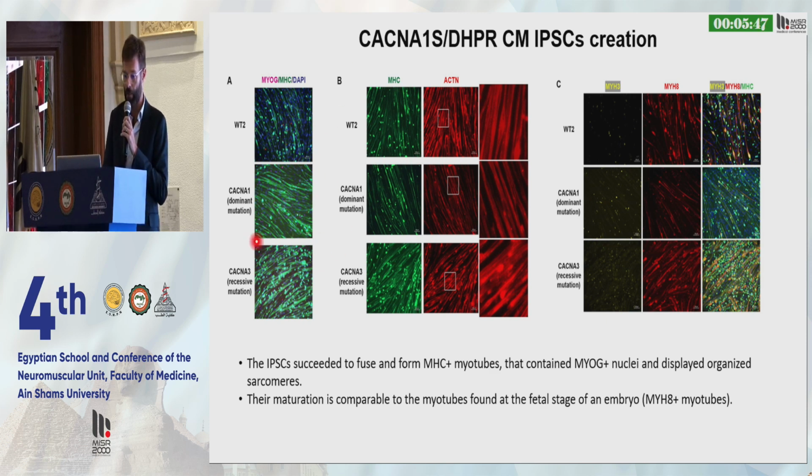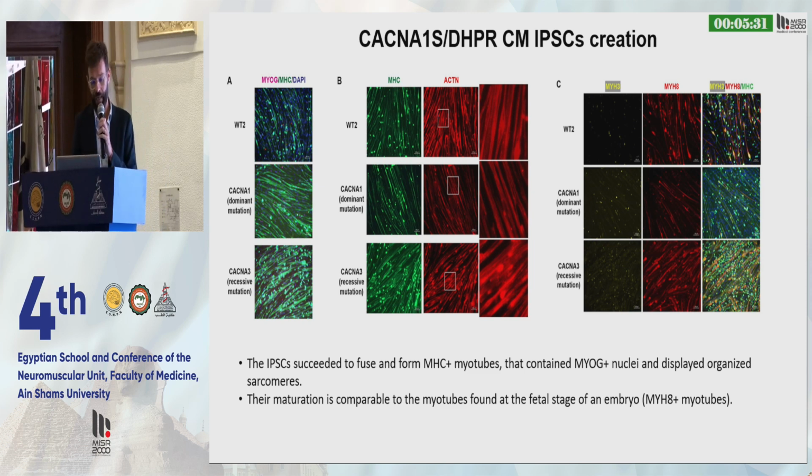Here you have a patient that has a dominant mutation, the other one the recessive mutation. Both inheritances are associated with the myopathy, the dihydropyridine receptor myopathy, which is a protein that contributes to the regulation of calcium. We characterized these cells, and what we found is that we could have cells with a good skeletal muscle differentiation